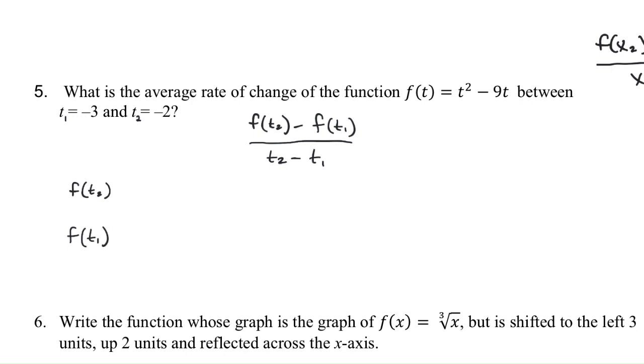Now t2 is negative 2, so this is going to be f of negative 2, and then t1 is negative 3, so this is f of negative 3. So all we need to do is plug in negative 2 and negative 3 into the function. So if you plug in a negative 2 into the function, that's going to be negative 2 squared minus 9 times negative 2. If we plug in negative 3,